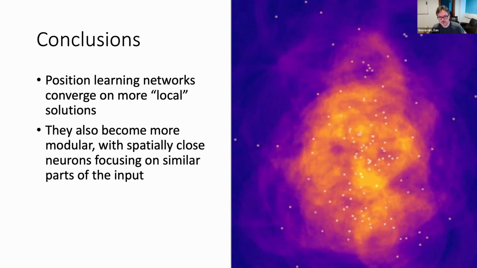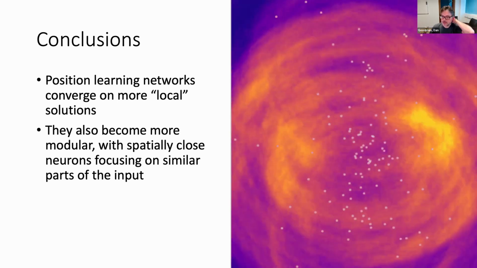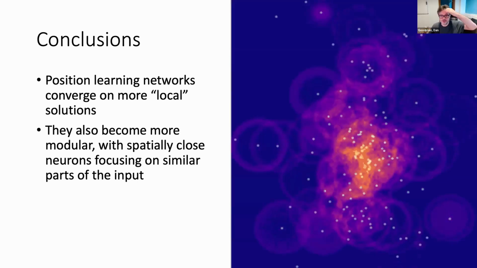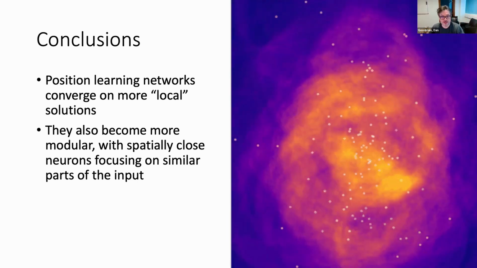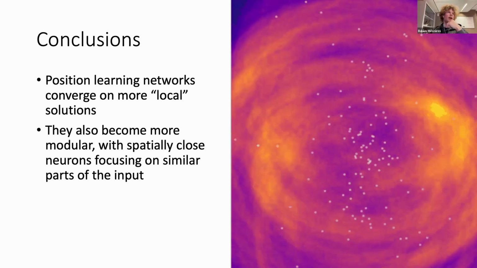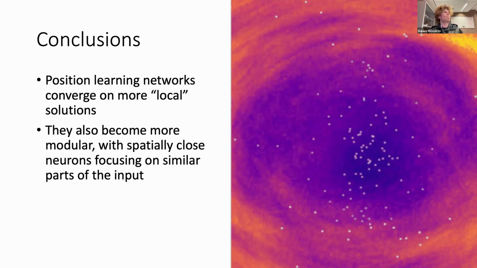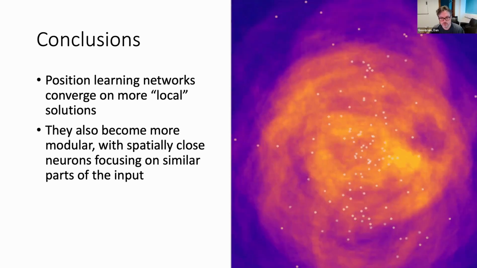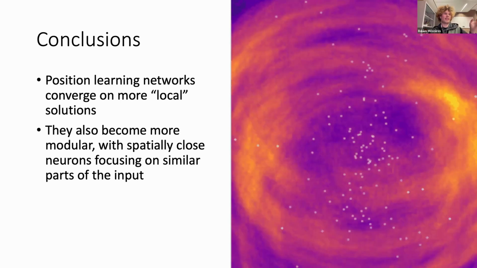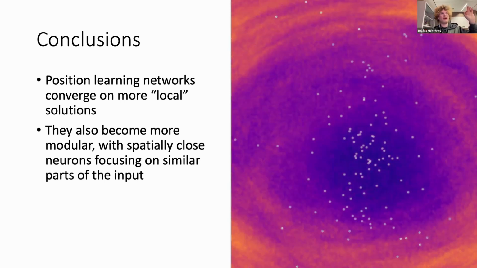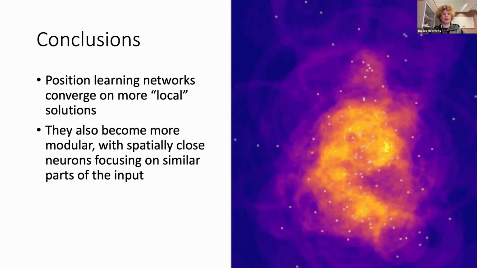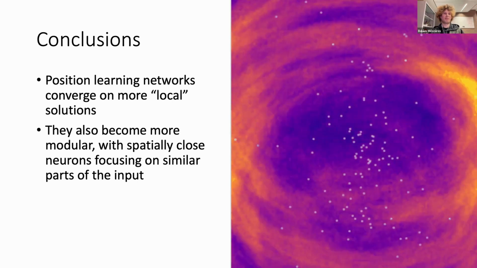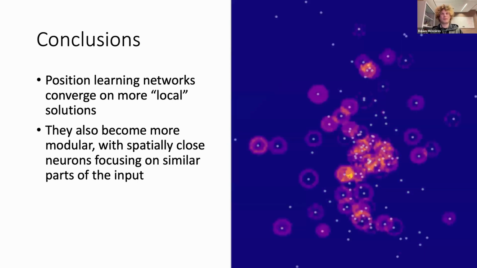Cool. So the next question was from Tim Masquelier. He asks, "I guess you don't respect Dale's law, i.e. having separate inhibitory and excitatory neurons. And do you think it would change the spatial organization after training?" Yeah, I would imagine so. I didn't really look at the connection between positive and negative weights and delay lengths and all of these things. But I would imagine that definitely it would have an impact. It's a good point, and I'd definitely be happy to try that as well.